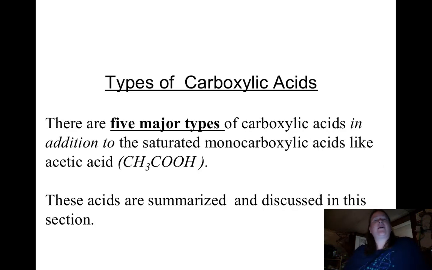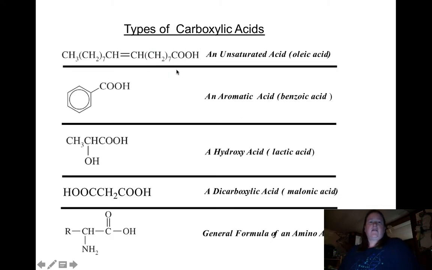Okay, in this portion of the carboxylic acid unit, I'm going to focus on the different types of carboxylic acids. The ones that we've gone through before have essentially been what we call saturated carboxylic acids, and by saturated, this would be butanoic acid, we mean that the hydrocarbon chain has no double bonds. So you'll see on the next slide, the first type that we're going to talk about is called an unsaturated